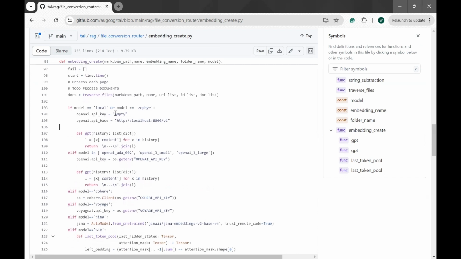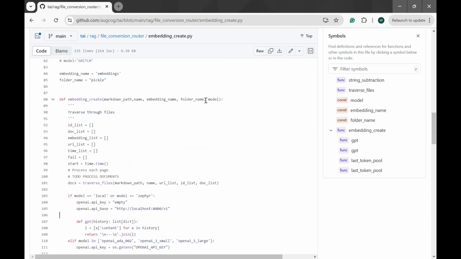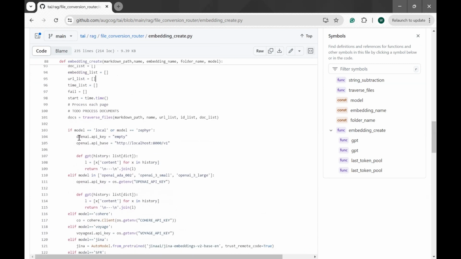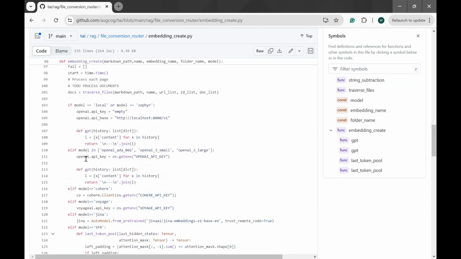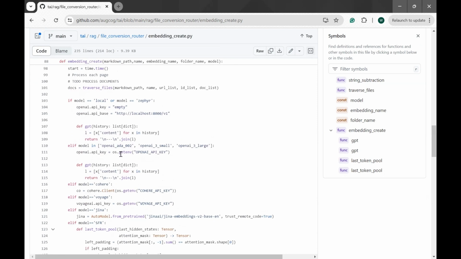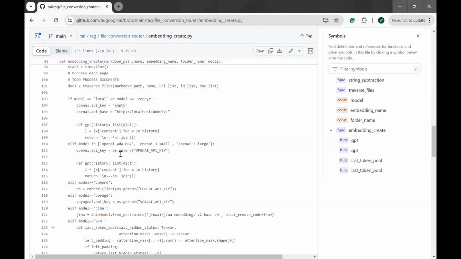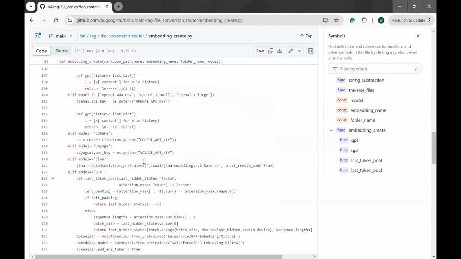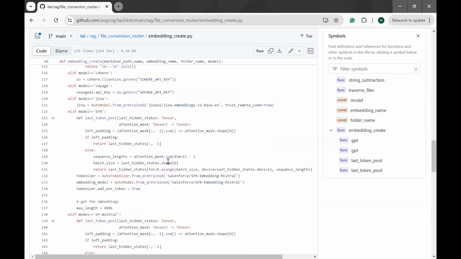And then, as you can see, we have a model input here. Accordingly to the model, it would configure the embedding model. It would start to run it, and different models have different ways to run it. So this is the place where it handles all the embedding models. It starts to run it, and then once it starts to run,